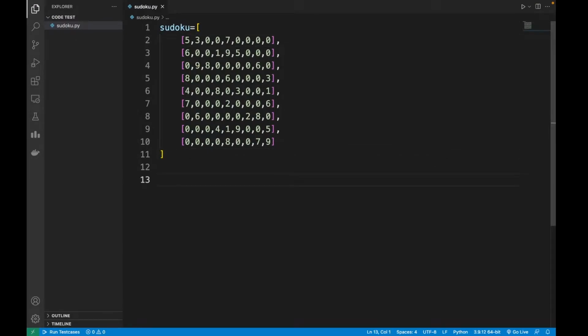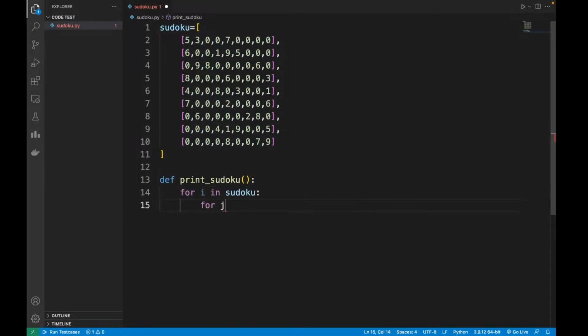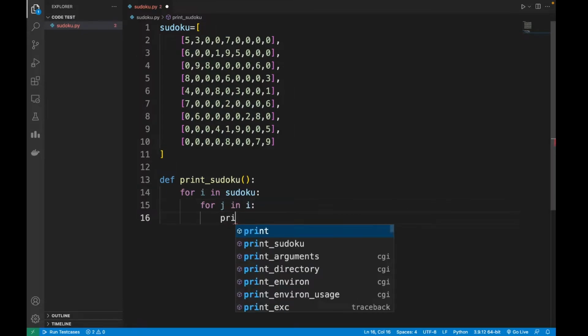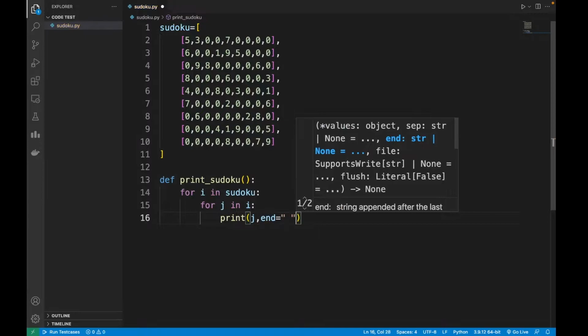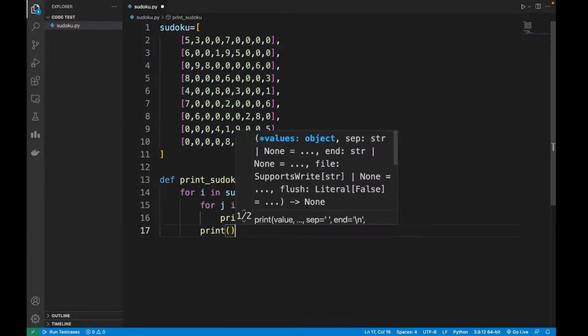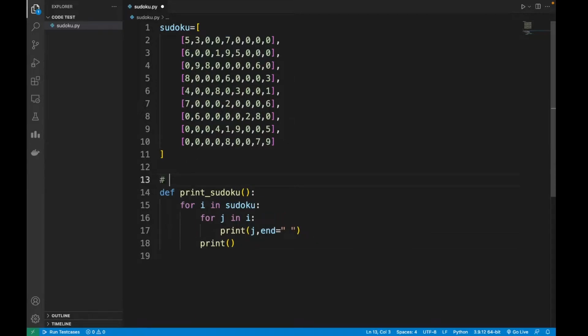Okay, first I will make a function print Sudoku to print this whole Sudoku. It will be like for i in Sudoku, for j in i, print j, and end will be space, and I have a print statement here. So this function is to print the Sudoku,